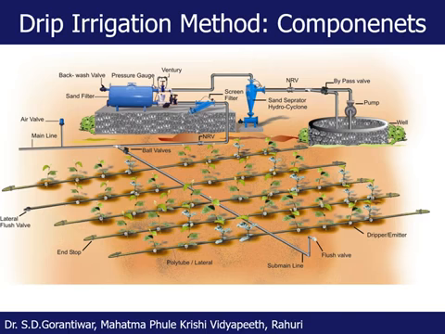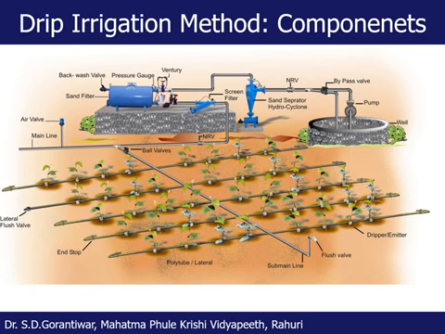In order to protect the entire control unit and all the components of the control unit, a non-return valve is also provided just after the control unit. Okay, so this is about the non-return valve. We have already seen the bypass valve. We have seen the ball valves which control the flow of water into the subunit, and there is one more